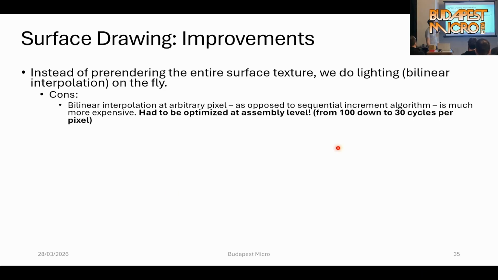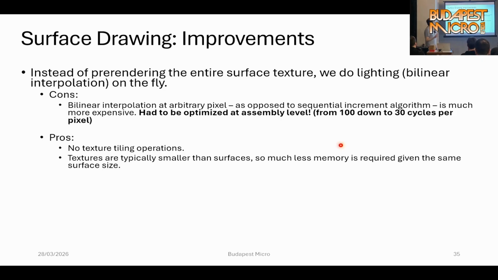Initially, it was like 100 cycles per pixel, and I was able to optimize it in assembly to 30 cycles per pixel. On the pro side, you don't have to do the texture tiling, and also textures are smaller than surfaces, because you need to tile a texture to get a surface.